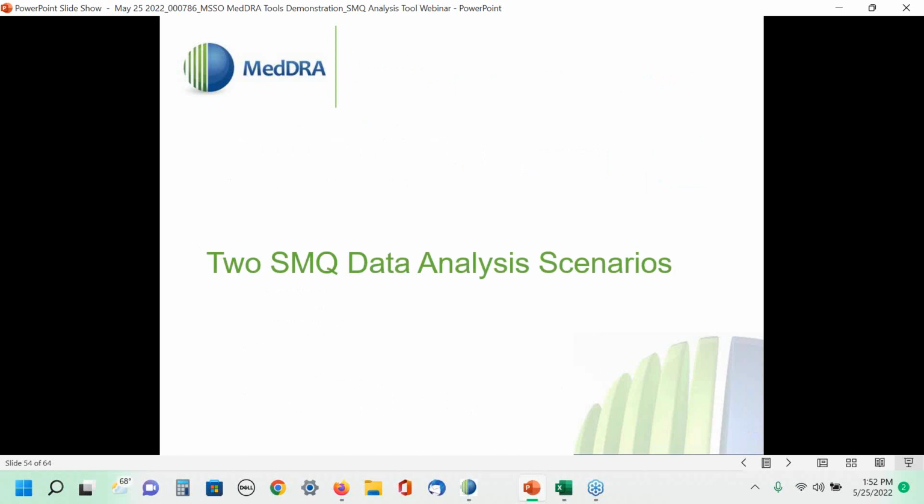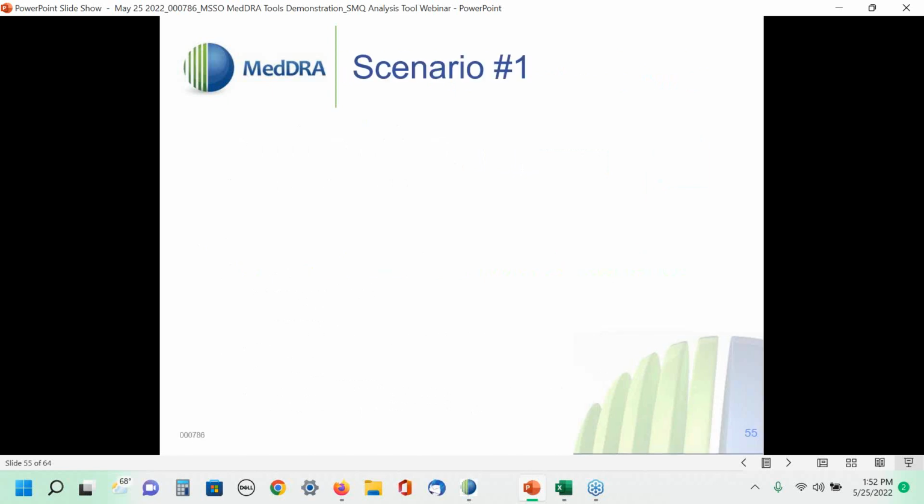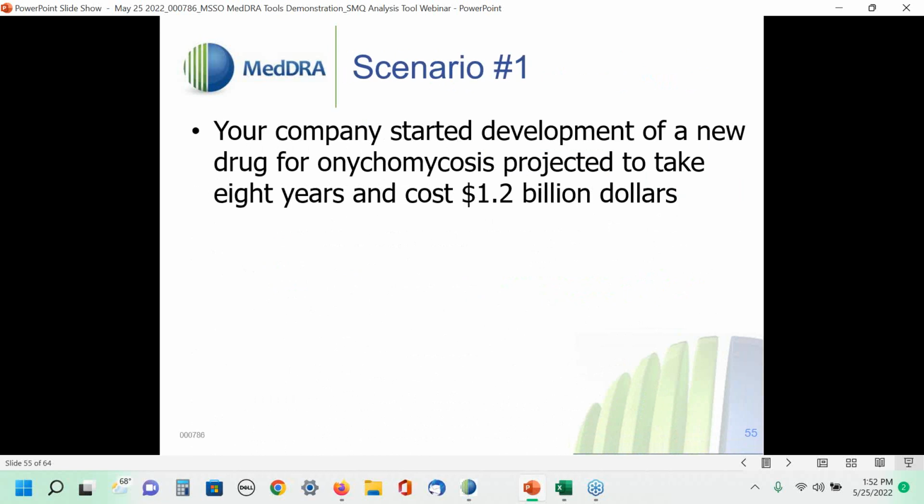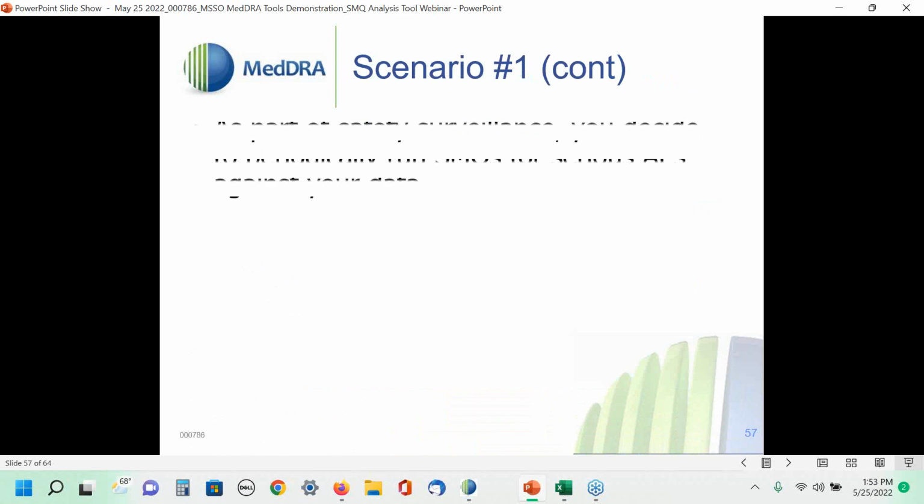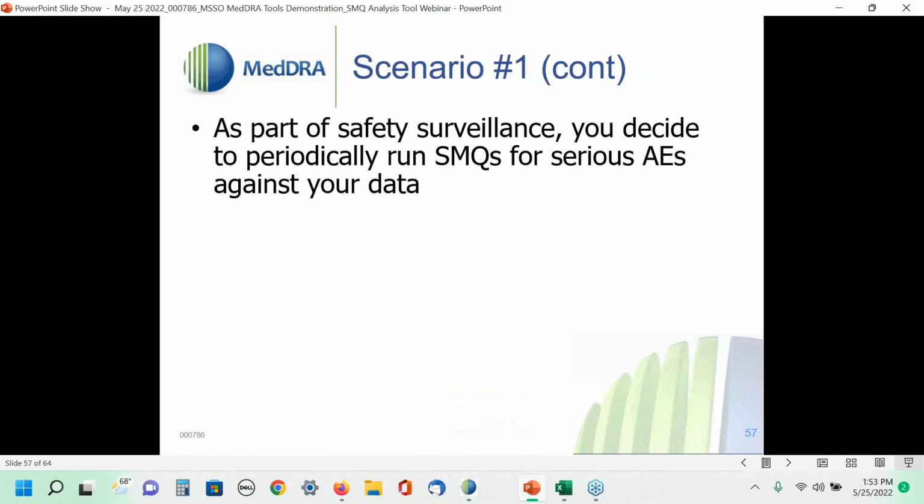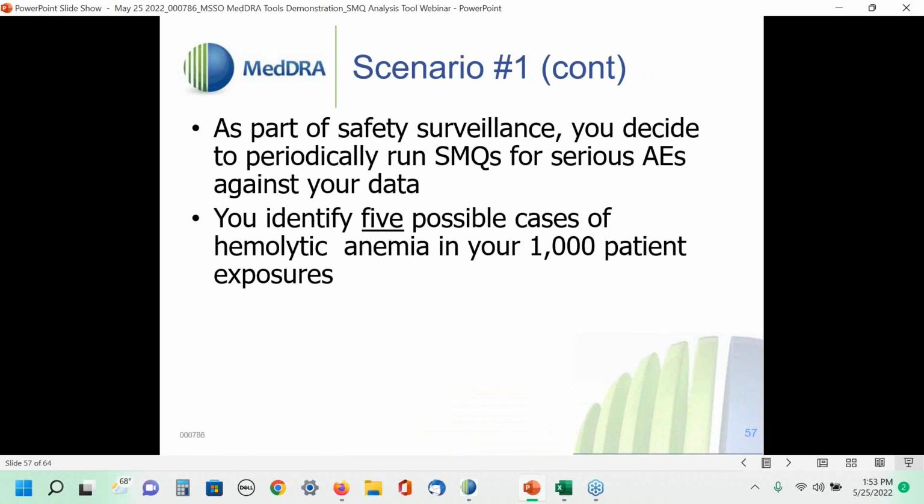So we're going to conclude with just two quick examples of how this works in the real world. First scenario: your company has decided to develop a new drug for onychomycosis, which is going to take you 8 years to develop, and you're projecting it's going to cost $1.2 billion. What is onychomycosis? It's toenail fungus. Keep that in mind, it's toenail fungus. So as part of your safety surveillance, you decide to run a bunch of SMQs against your data, looking for serious adverse events. And in the first 1,000 patient exposures, you come up with 5, I repeat, 5 potential cases